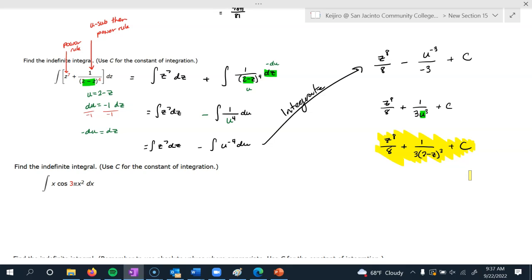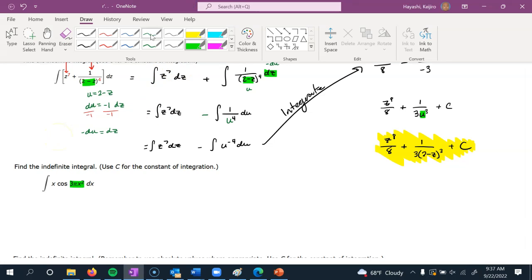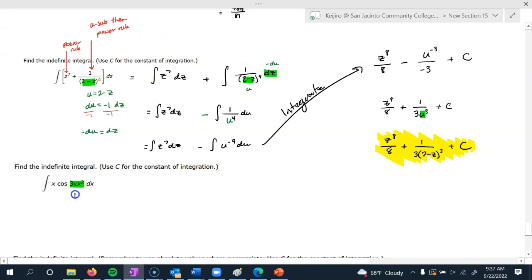This is actually just a u substitution. And again, in a u substitution, u is generally going to be the inside function of a composite function. So we'll see if 3 pi x squared wouldn't mind being our u. So if 3 pi x squared is our u, then du will be